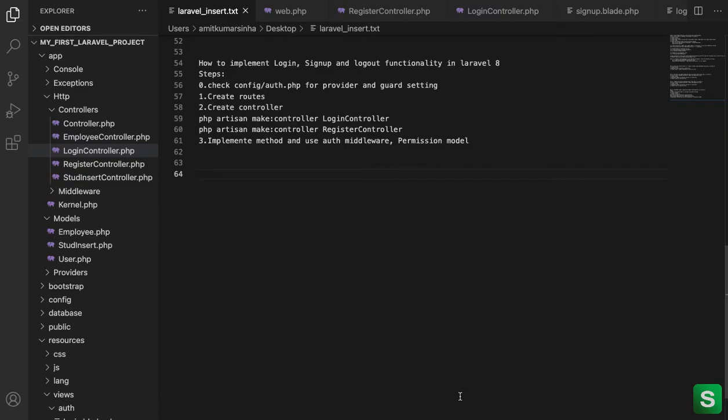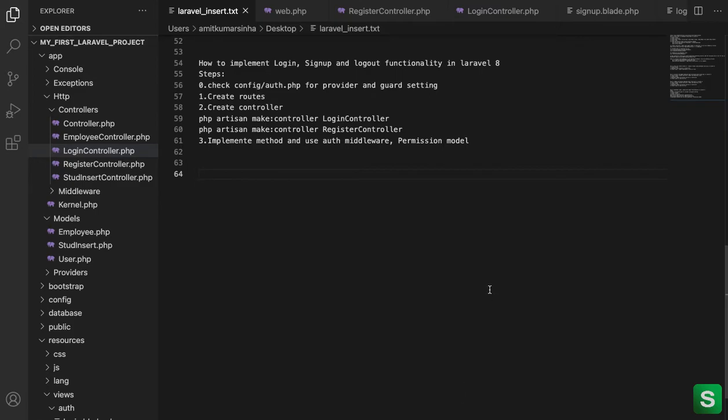There are so many ways to do the login and sign up, but I prefer the custom one, which I will show you here. In the Laravel documentation, you will get some quick start, but customization on that process is a little bit difficult. So let's begin.